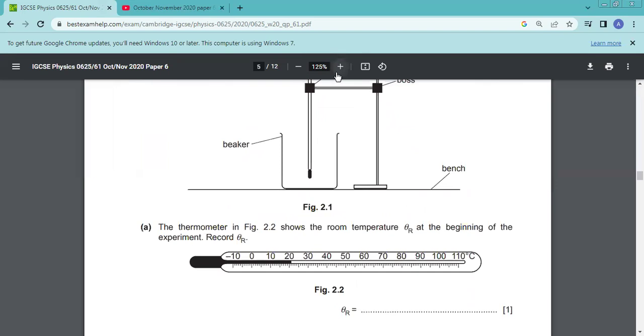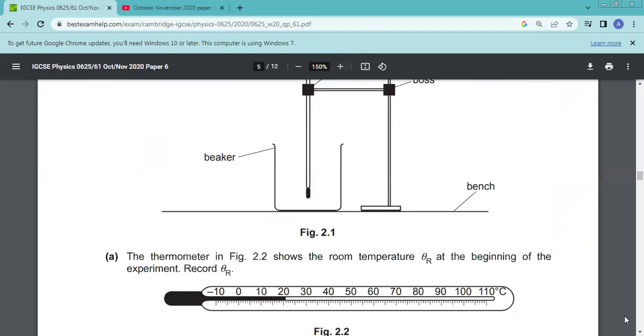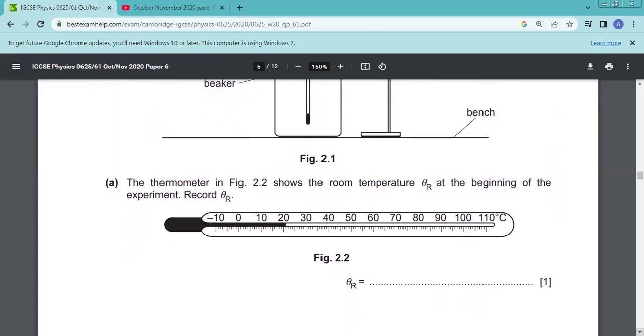I'm going to zoom in a little bit to see the actual temperature. At the room temperature right now, the thermometer is showing us exactly 21 degrees centigrade. Why did I put centigrade? Because it's written centigrade here. Okay. Next we have